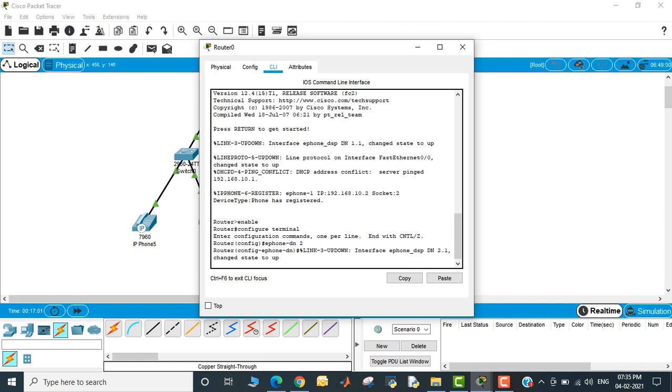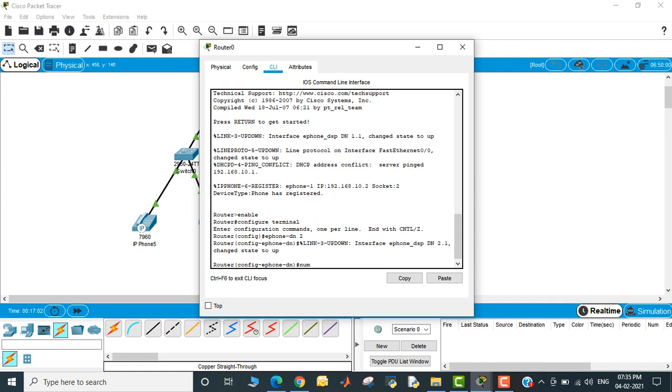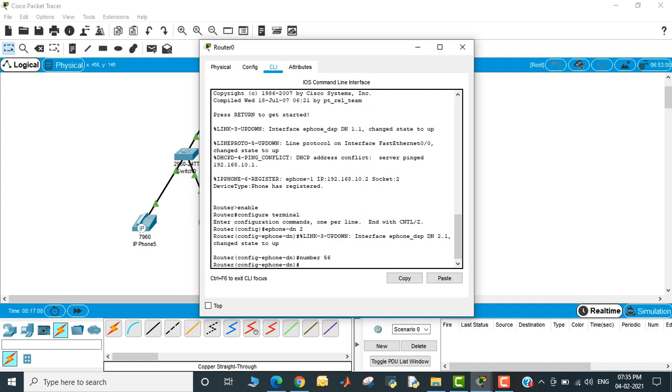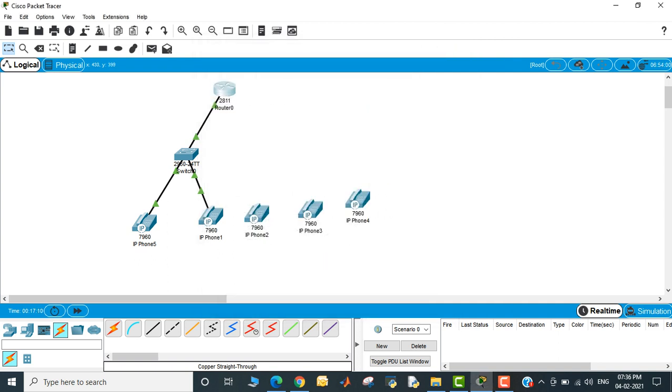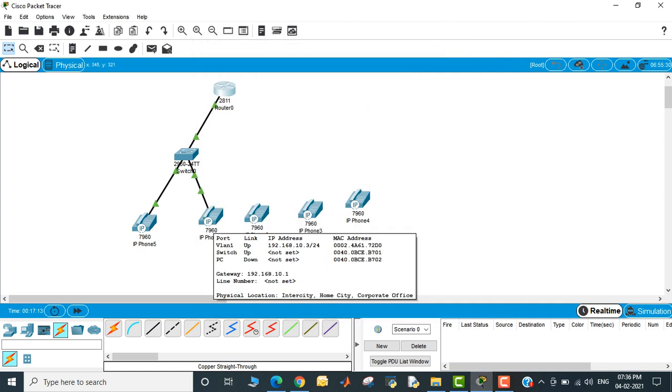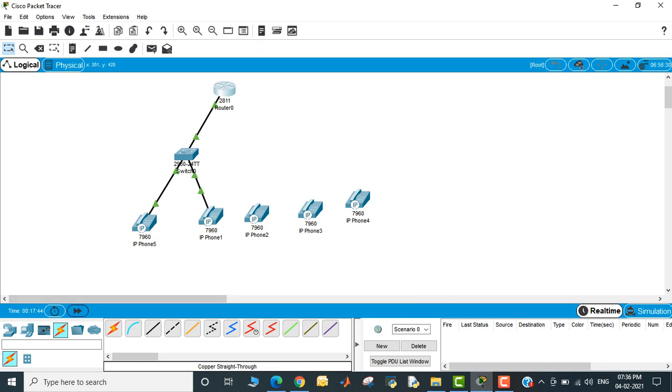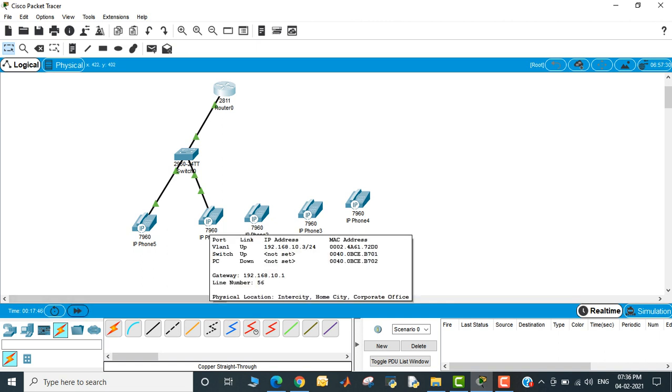If I want the number, you can consider 56. Simple, 56. So this is completed. You can see whether it is showing or not, it takes some time. And yes, you can see that the line number is showing the gateway.